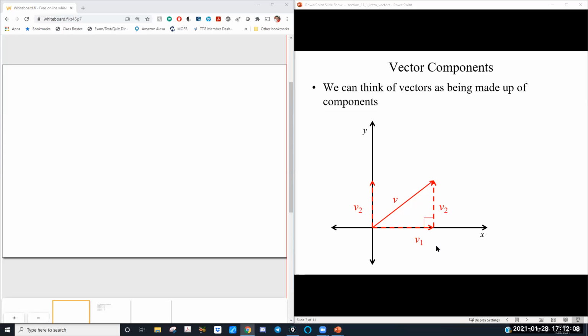So what you're going to notice as we do a lot of stuff with these vectors is that we end up using a lot of right angle trig, because that's where this all comes from. So you will see us using sines and cosines as we go forward. It's going to be very cool. One of the things I like about this class is we use a lot of the stuff that you've learned in previous classes. Obviously Calc 1 and Calc 2, but also trig.